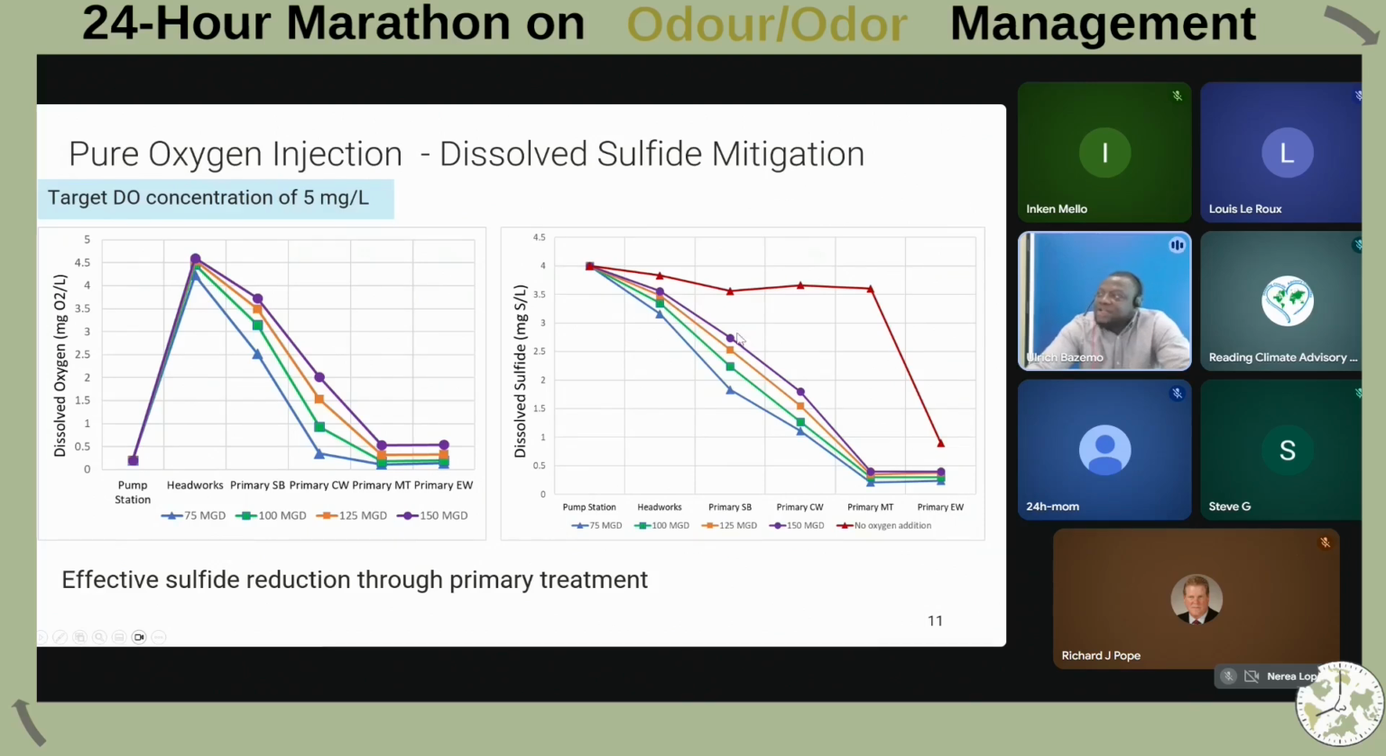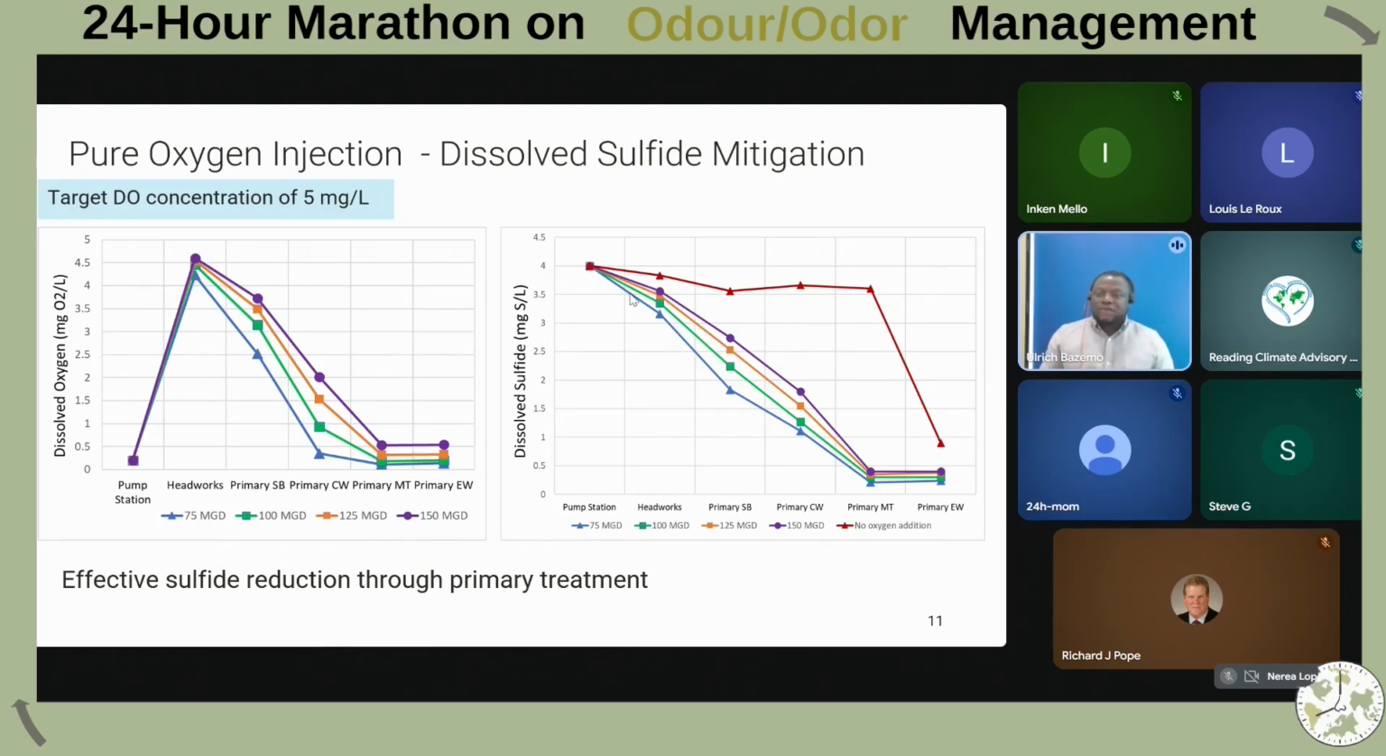And on the right side, you can see how it reflects on the dissolved sulfide removal in comparison to the baseline. The baseline is the red line. In general, we found that with the pure oxygen injection, we're getting about 60 to 70% dissolved sulfide removal. But something important to understand is when we add oxygen in the system,